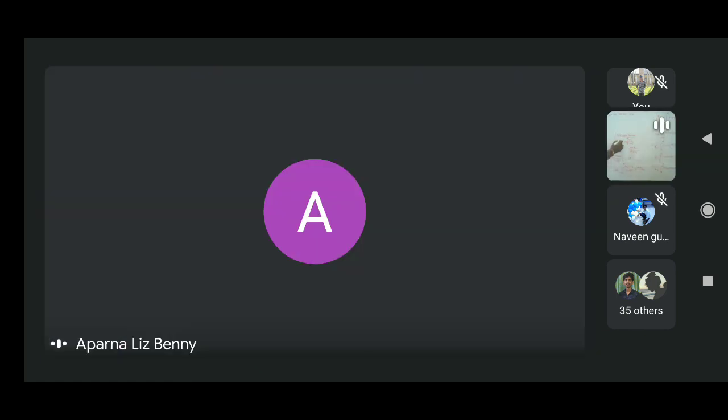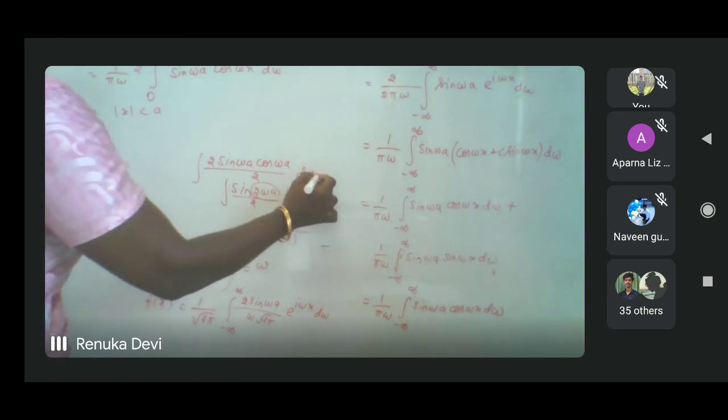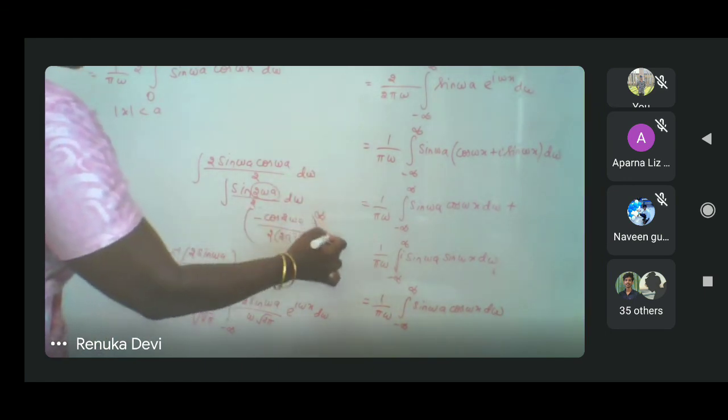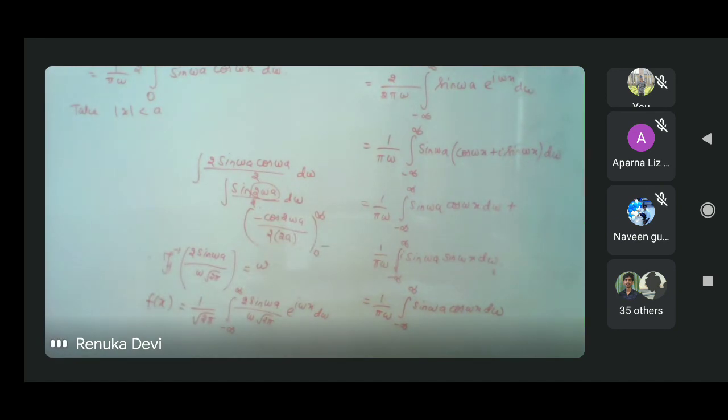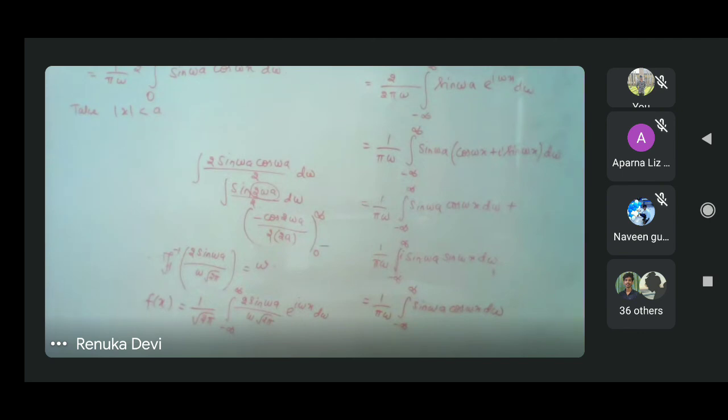Here it is an integral, but after integrating we are getting this. So, what will be the value from 0 to infinity? As W is infinity, cos infinity, and when W is 0, cos 0 is 1, isn't it? But this is not the way that I want to tell. So, how will you solve? How will you integrate this integral?